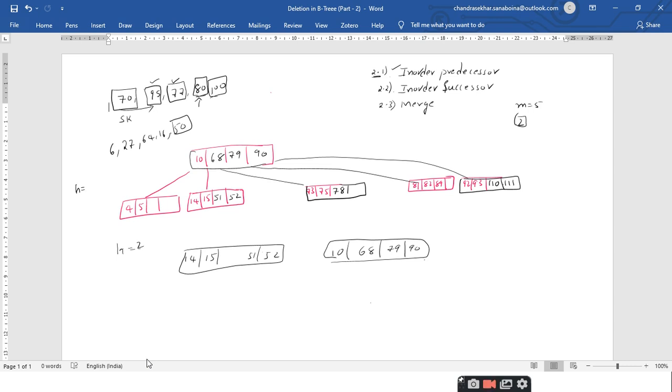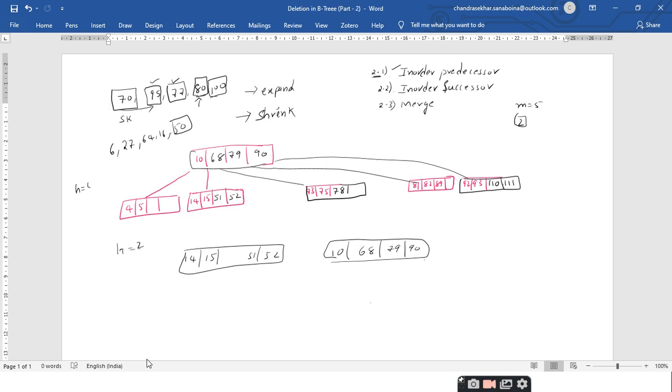1, sir. It is only 1, right? So in the deletion operation, the height of the B tree can shrink. Similarly, in the insertion operation, the height may expand. It will obviously expand. If you keep on inserting the elements, the height will expand, and in the deletion, the height may shrink. So this is all about the deletion operation from the B trees.